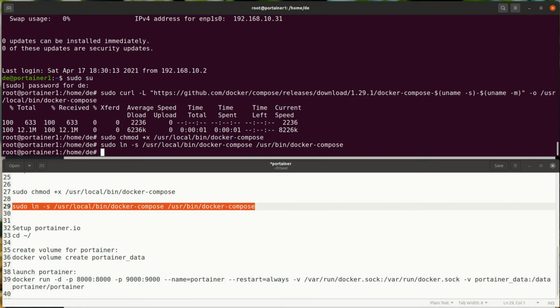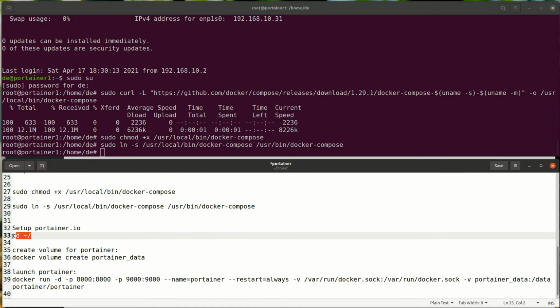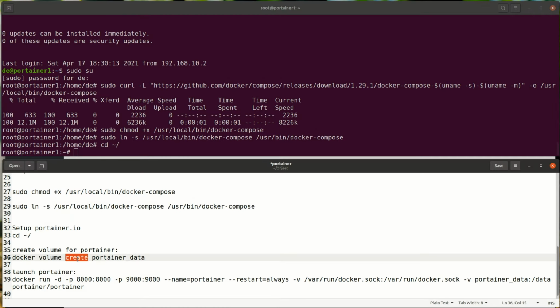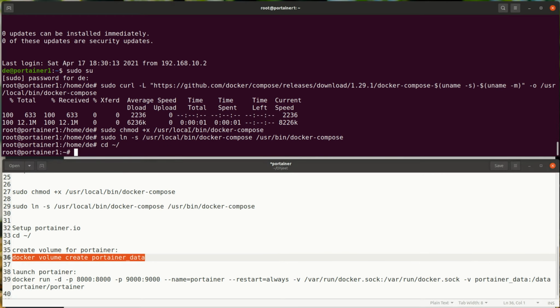Let's spin up Portainer on Docker. First create a persistent volume for Portainer data.